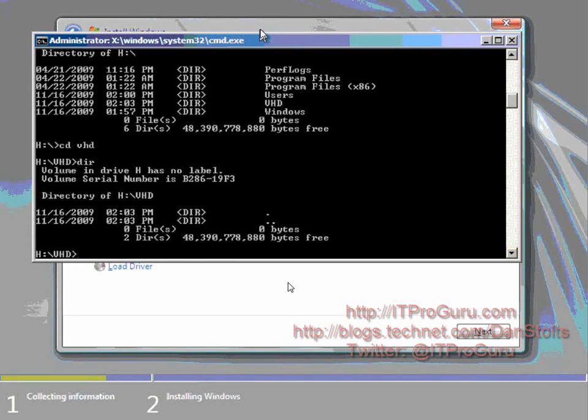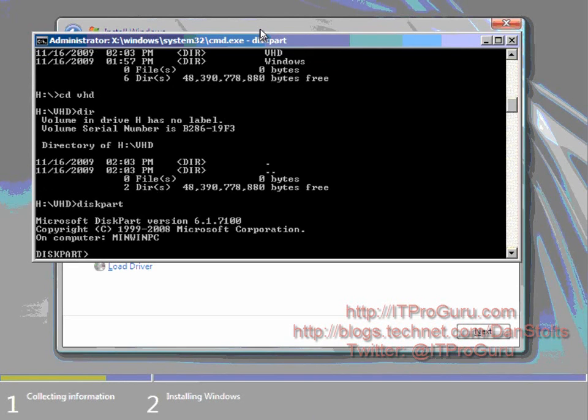And the way to do that is to use the diskpart utility. Once diskpart loads, I basically have to create the disk. The command to do that is create vdisk, and then the syntax is going to take a few parameters. The first one is file equals, and then the location that you want to create the file and the file name. So it'll be file equals h:\VHD\bootdemo.vhd,